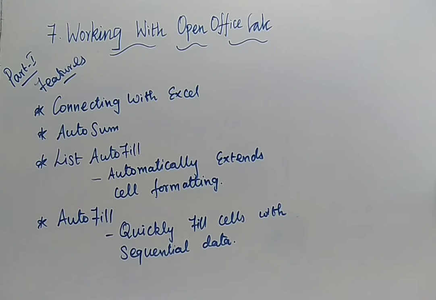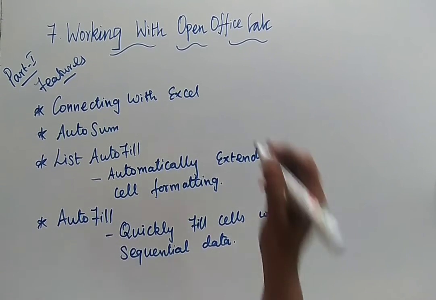So instead of typing the numbers 1, 2, 3, 4, 5, 6 and going on, by a simple step you can automatically fill everything. You can automatically fill the serial numbers, from 1, 2, 3 or A, B, C, D, or if you are willing to fill dates, or repeated text, some text that will be repeated, that also can be easily done in OpenOffice Calc. Next feature is your charts. What do you mean by chart?